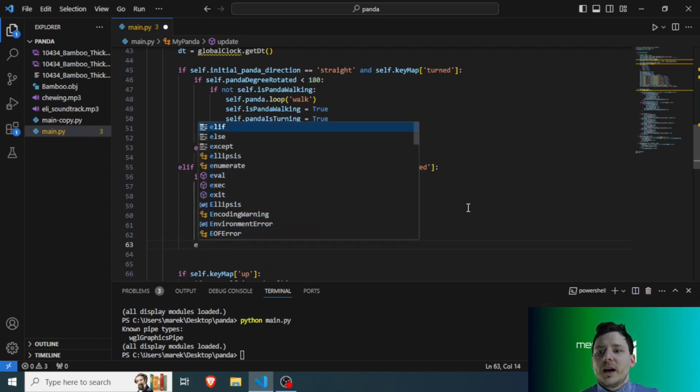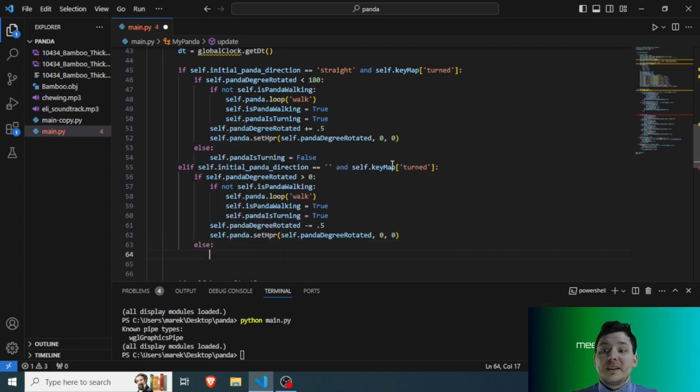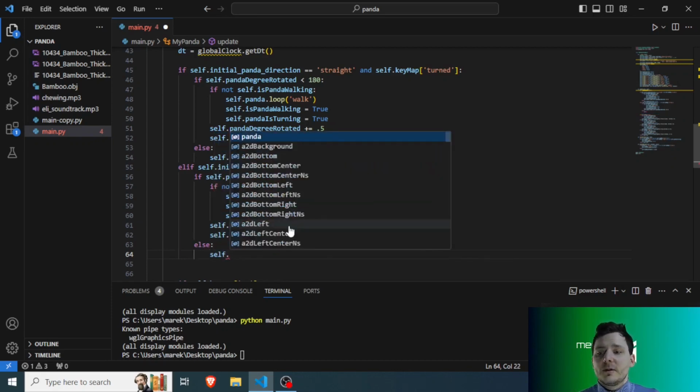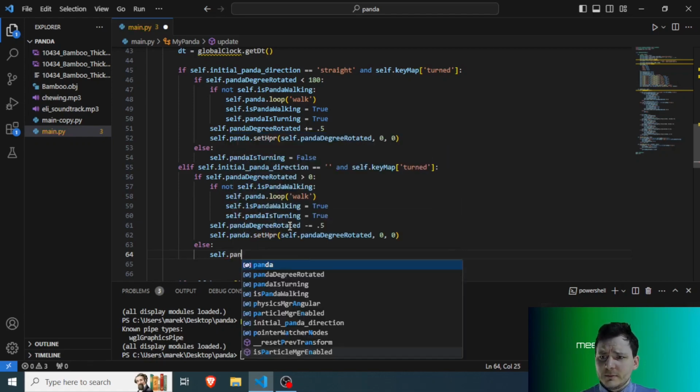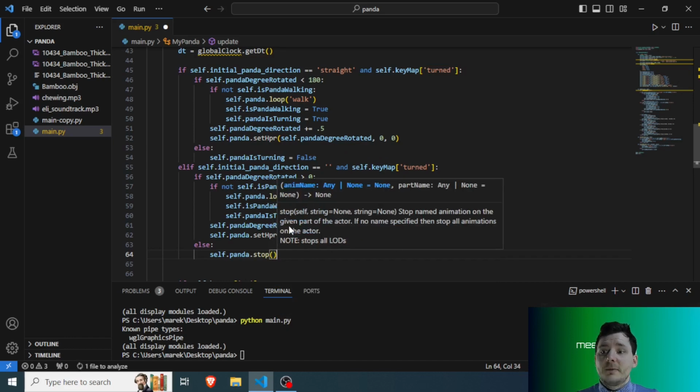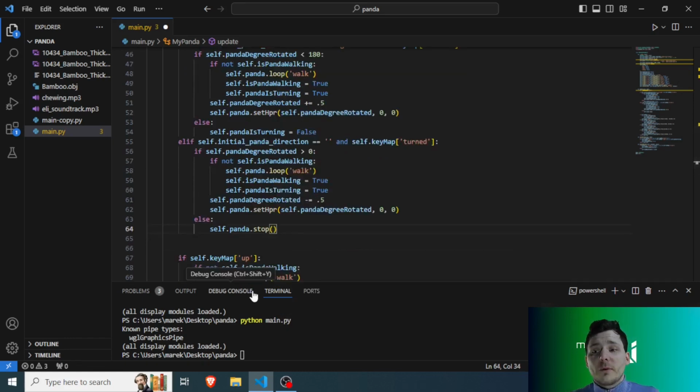Yep. Otherwise, if it's 0, because now we are checking if it's greater than 0, and while it's greater than 0, it will keep rotating Panda, and when it's finally 0, I want to stop Panda from walking. Stop self.Panda stop, like that. But there's one more thing I need to do in this block of code,